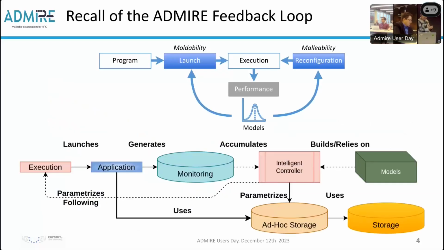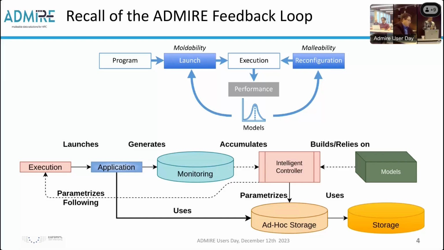So, a recall of the Admire feedback loop. It's a very simple story for monitoring. We have a program, we run it in a given configuration. The execution will generate a given set of performance metrics, performance results. And then this data can be used to generate models. The models will then allow us to reconfigure the application during execution, or also to define what is a good configuration